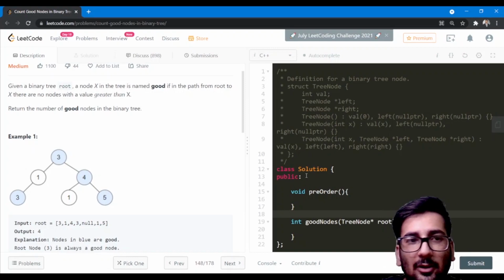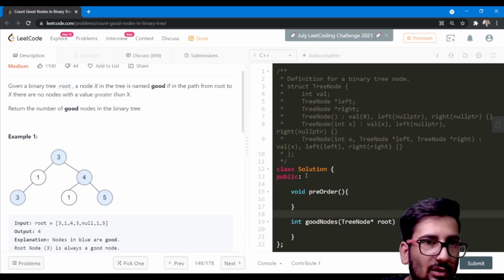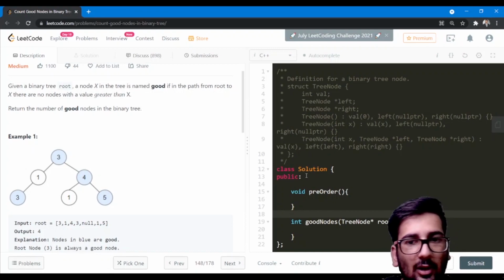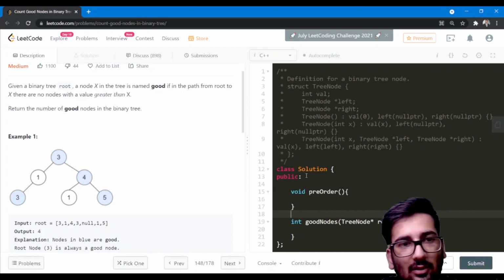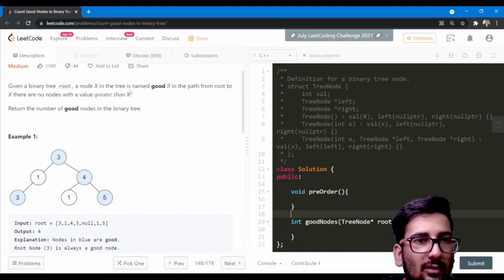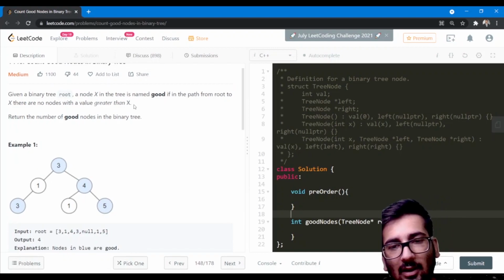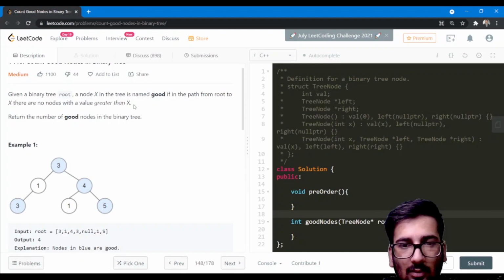So if the interviewer is going to ask this question, he just wants to know whether you know the pre-order traversal or the DFS traversal or not. He will just twist this question, as twisted in this question, so that you have to find something else. So that's why we will first write the pre-order and then we will modify it to get our answer.